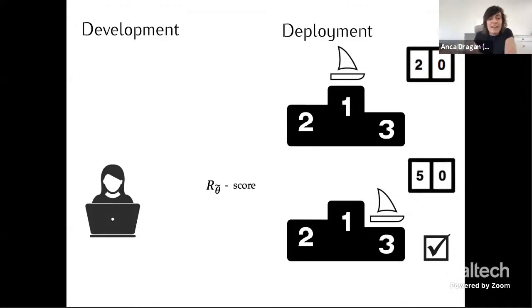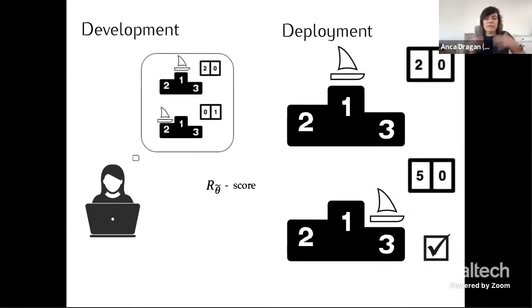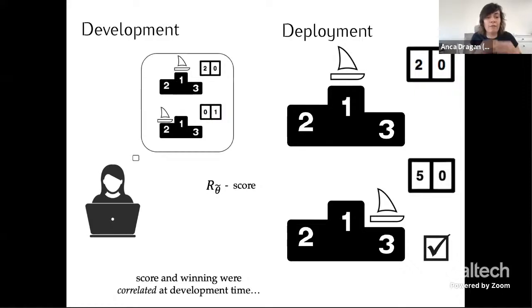And it's because we didn't think of an environment like that. What we had in front of us were probably simpler levels, simpler environments where the choices were much simpler. The choices were, I can win with a lot of points, and if I lose, I get fewer points. So score and winning were correlated at development time when I designed the reward function, but they're no longer correlated at deployment time. That correlation breaks and that gets the robot into trouble.